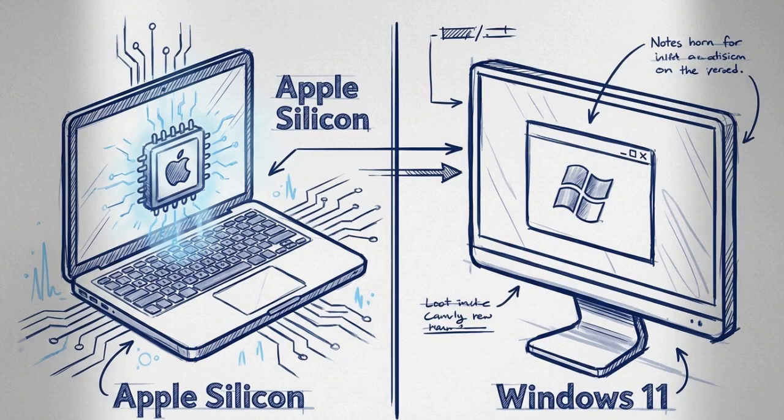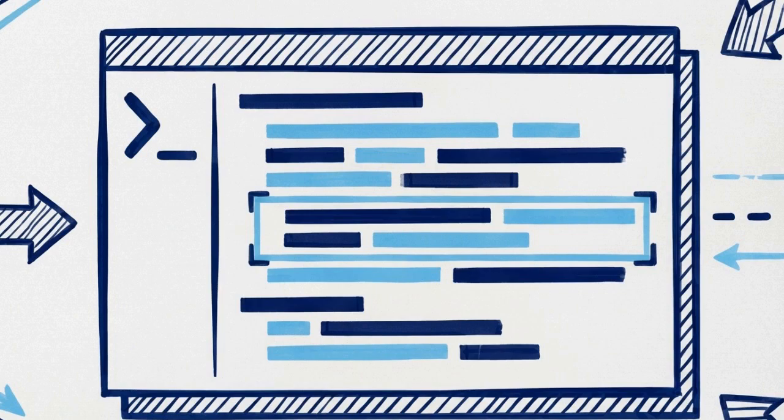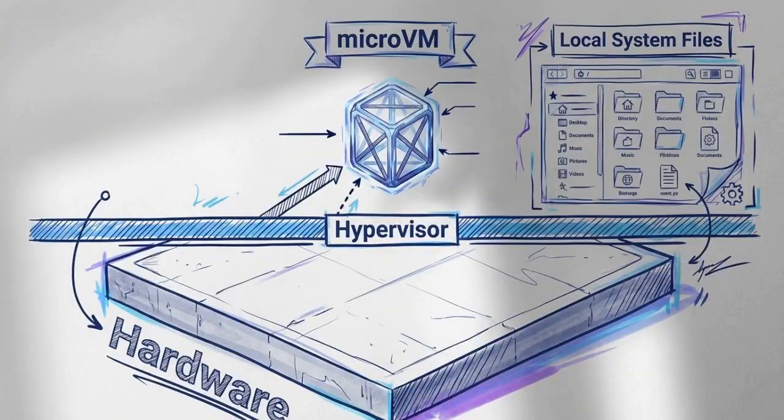To get started, you need a Mac with Apple Silicon or a PC running Windows 11. This is the PowerShell command required for Windows users. Run this in an elevated prompt as an administrator to enable the Windows hypervisor platform. These requirements allow the MicroVM to use native virtualization, the hardware-level mechanism that keeps the agent's workspace air-gapped from your